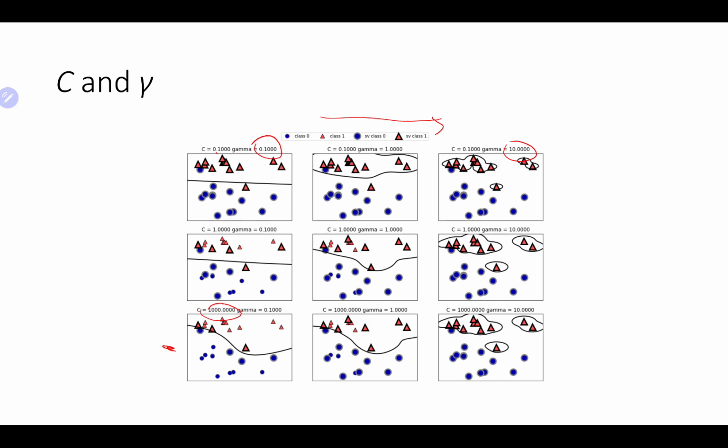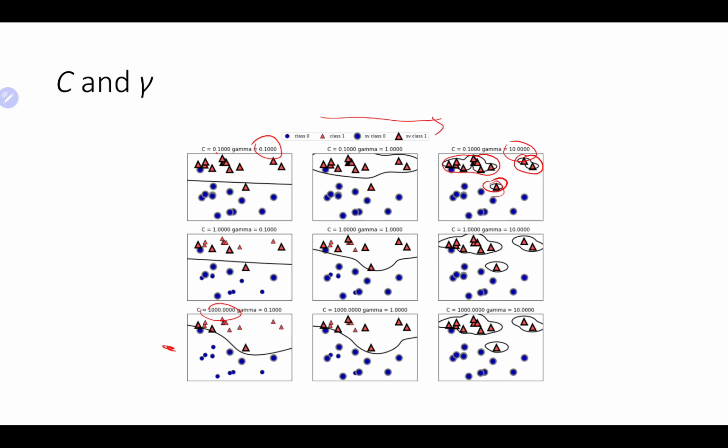So much larger gamma means a much smaller sigma value. So only those very close points will be affected. So that means overfitting. As you can see, we see now islands being formed, right? Because these data points are very strong in their vicinity. So that means even a single support vector of one class will have its own basically area